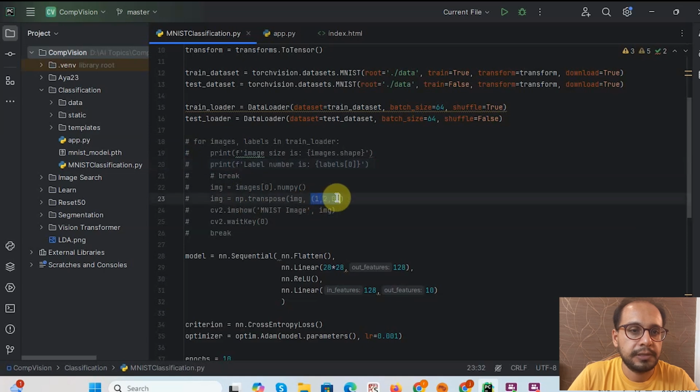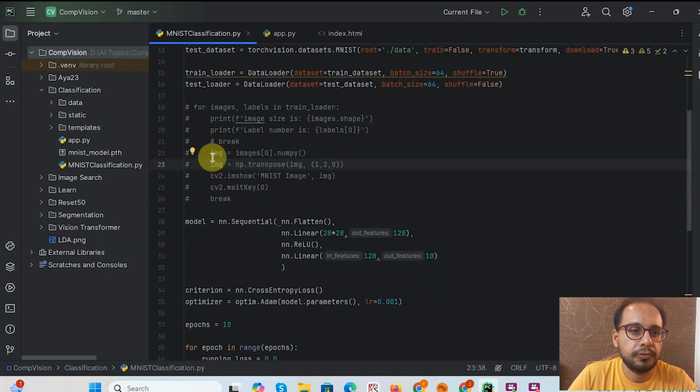to this tensor, because CV2, which is the Python OpenCV, uses this dimension, this sequence of the channels: height, width, and channel. You can uncomment these commands to see what the image is. And the neural network model